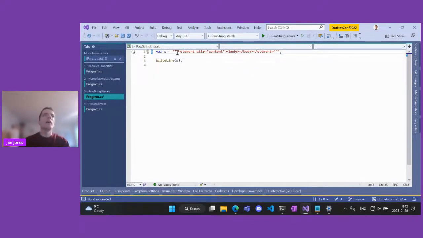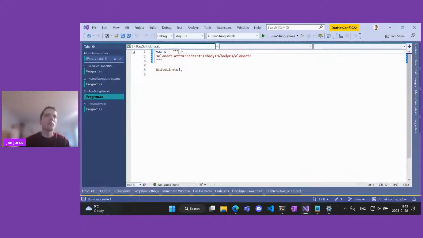And I can have this multi-line, but I actually have to put a new line here and a new line here to make this multi-line. It cannot be mixed. But it doesn't matter, this new line and this new line are actually not in the output string.